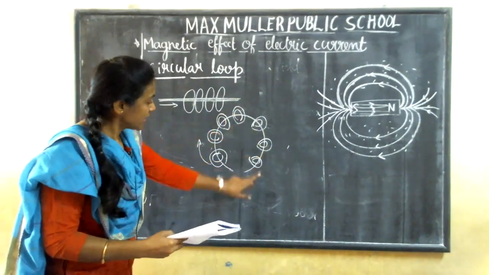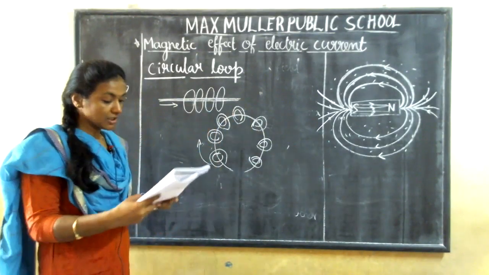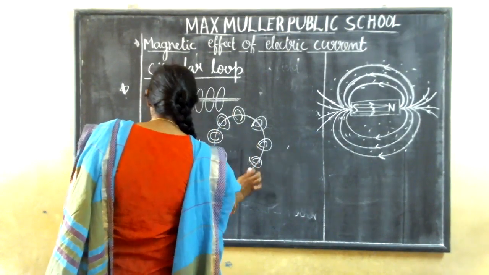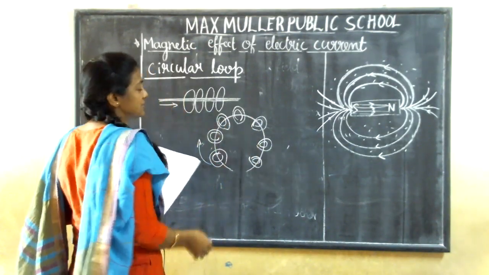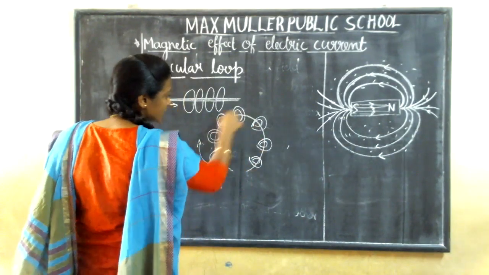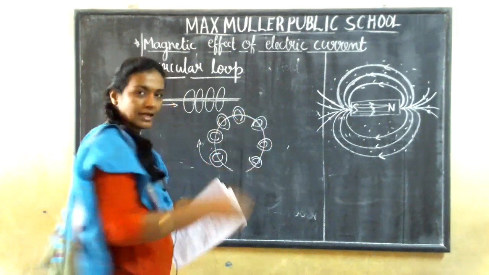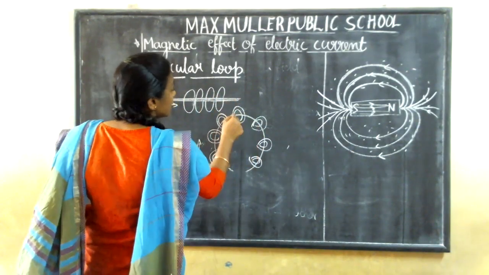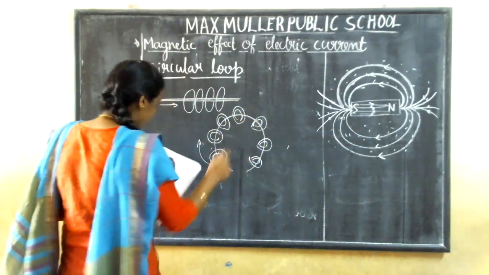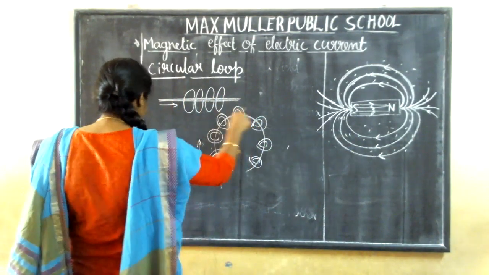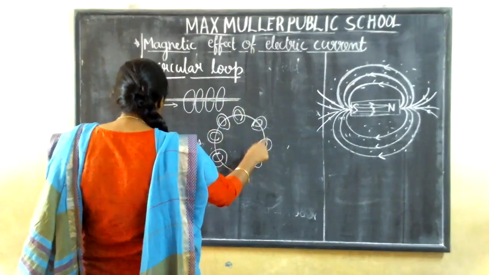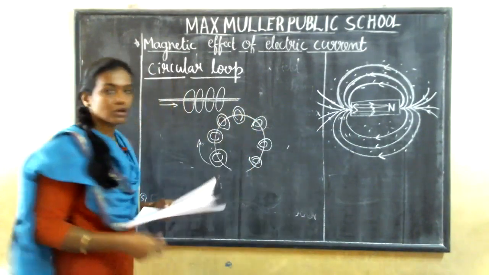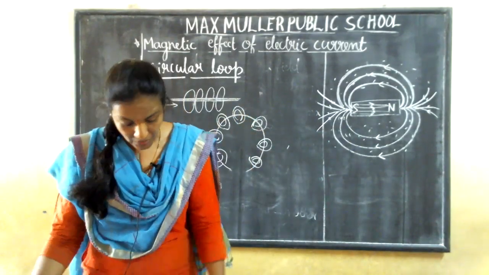So here, when it looks like this, we keep it around a circuit and spread some iron powder. You can see this experimentally also, guys. You just take one conductor, keep it in a circular shape, and put some iron powder surrounding it. Again, it is going to represent itself in a circular way only. So around a circular loop, the magnetic field looks like concentric circles throughout the loop across the center conductor.